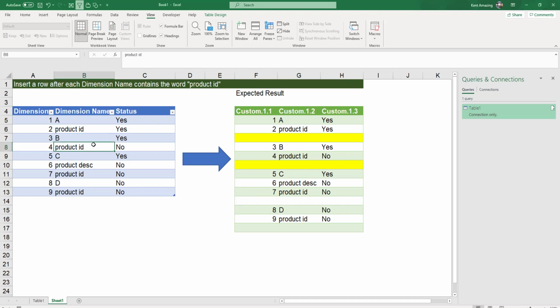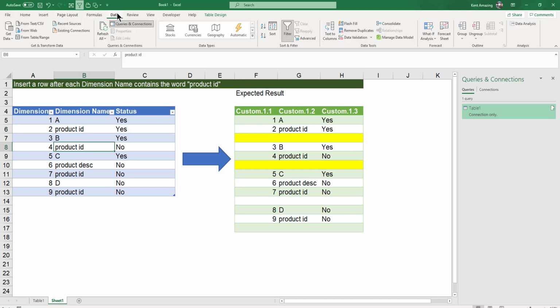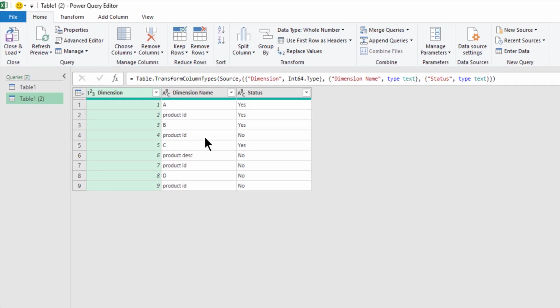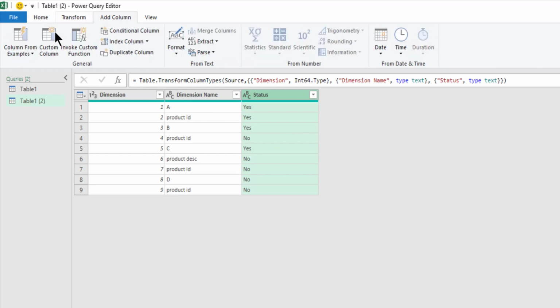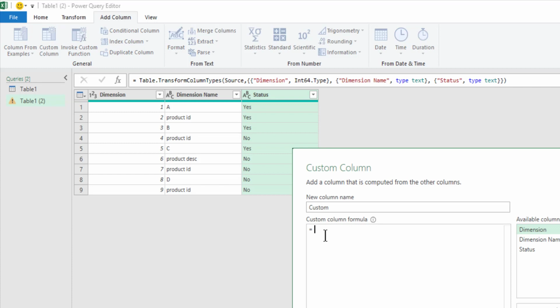So let's see how it works. Go to the Data tab, choose From Table/Range. Okay, the first thing is that we need to identify which line has the word Product ID. So we go to Add Column, click Custom Column. We call it Helper Column,